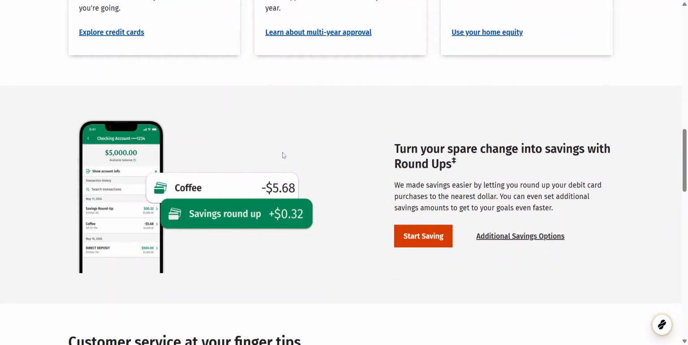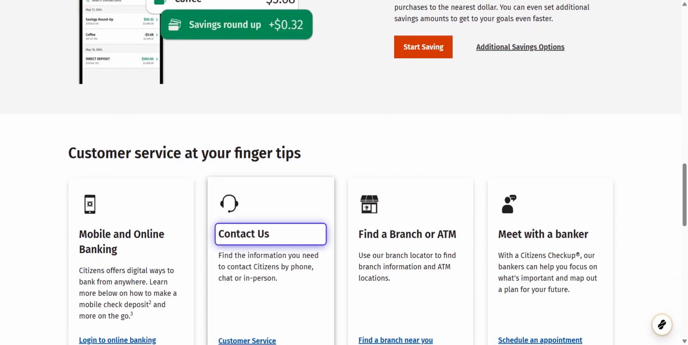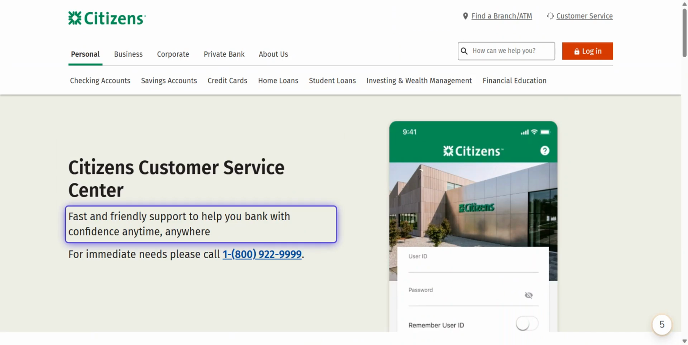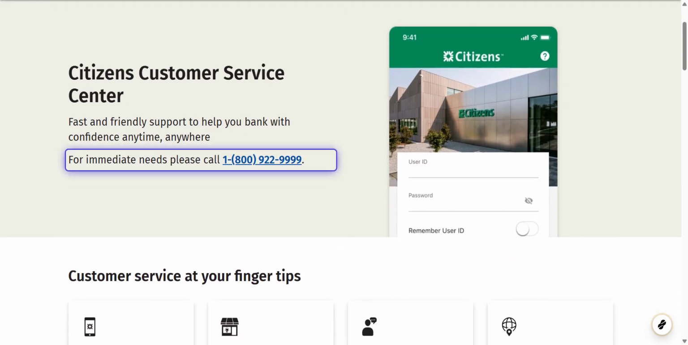To begin, open your web browser and type in Citizens Bank into the Google search bar. You'll see the Citizens Bank official link appear amongst the top results. Click on the link titled Citizens Bank Personal and Business Banking Student Loans. This link should direct you to Citizens Bank's homepage, which is your starting point for accessing their various services and